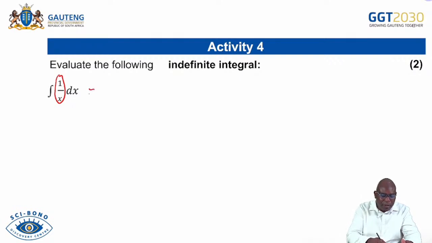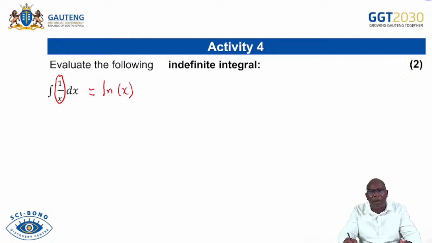The answer is very simple. So what should we write there? We're just going to write the ln of x. Okay, right. So that's so easy. This one is very, very easy. So you just write the ln of x, then you're done. Then you get your 2 marks. Okay. All right. Now, the next one,